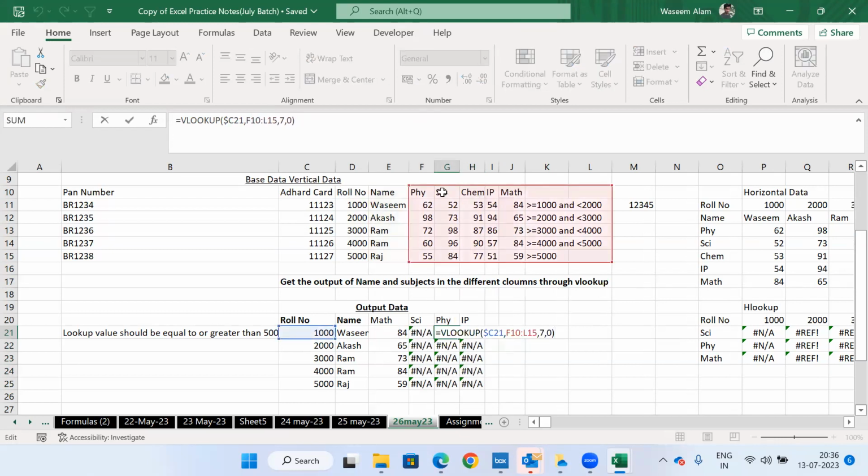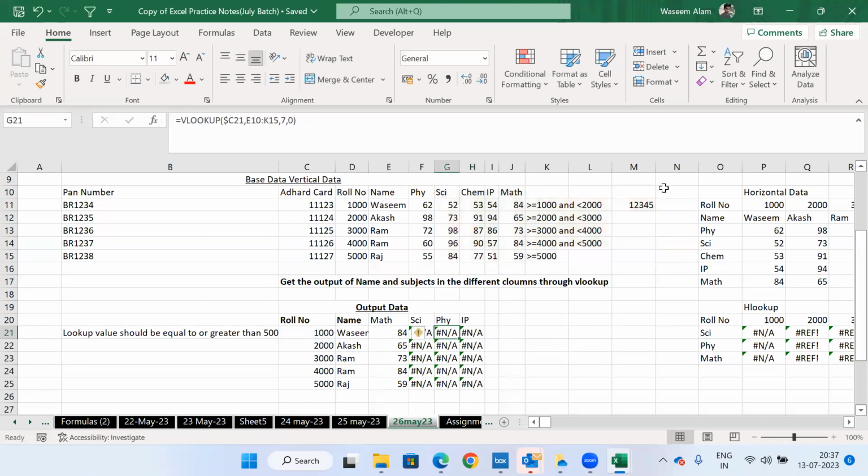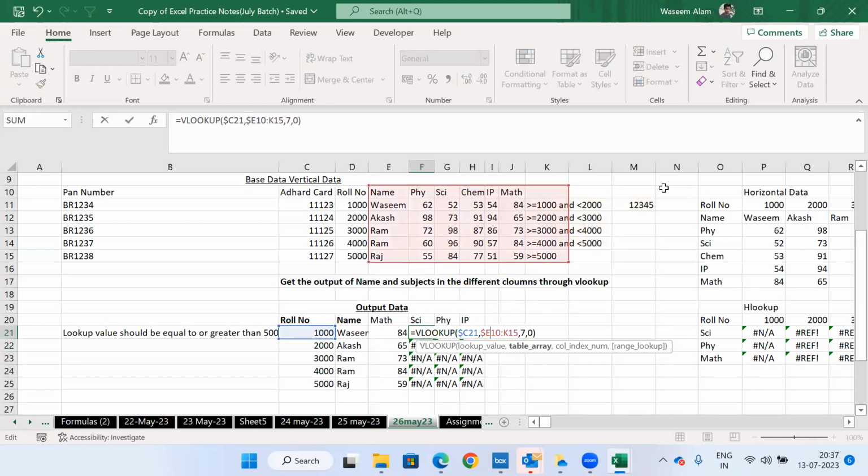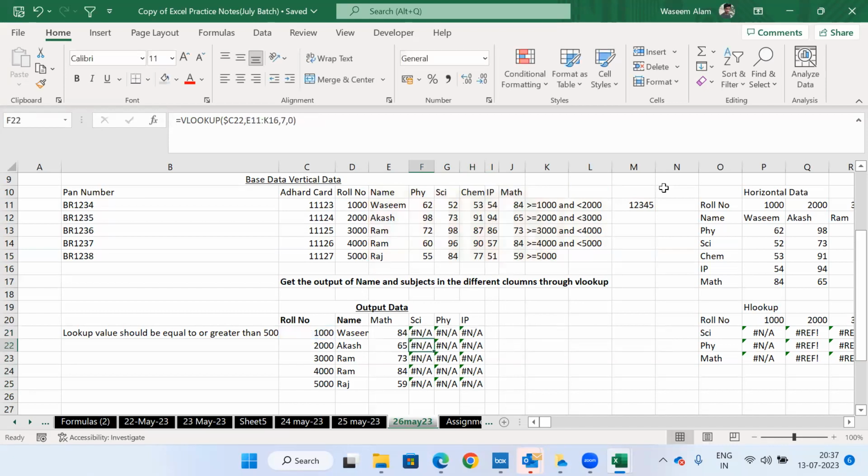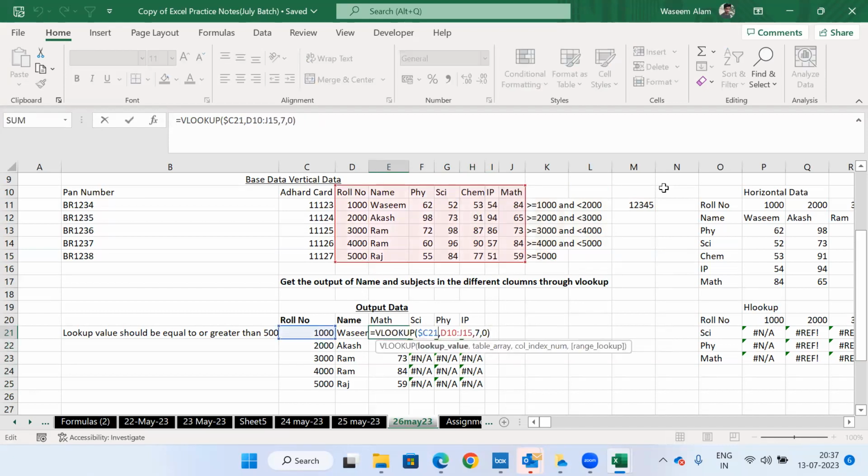Again, my range has changed now. One more time, I'm getting the data through F to L. Then again, I'm getting the data through G to M. I will let you know why I'm getting the error. The moment I use double dollar, if I use it here,